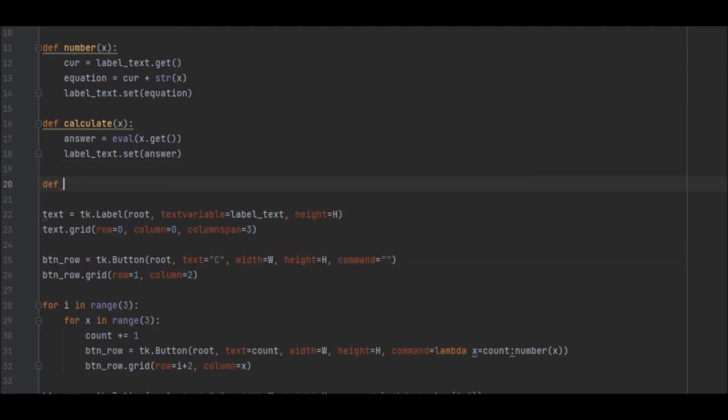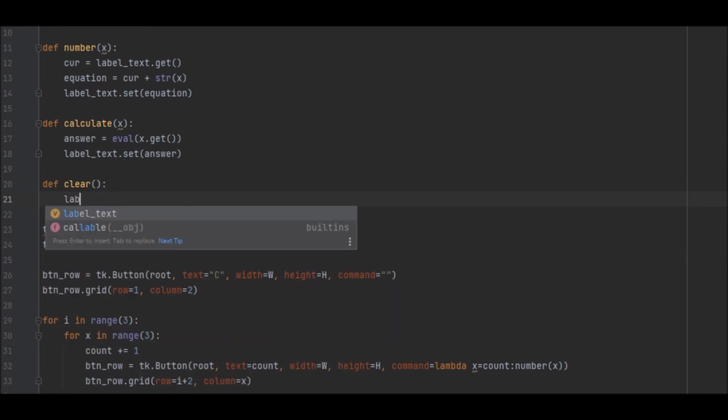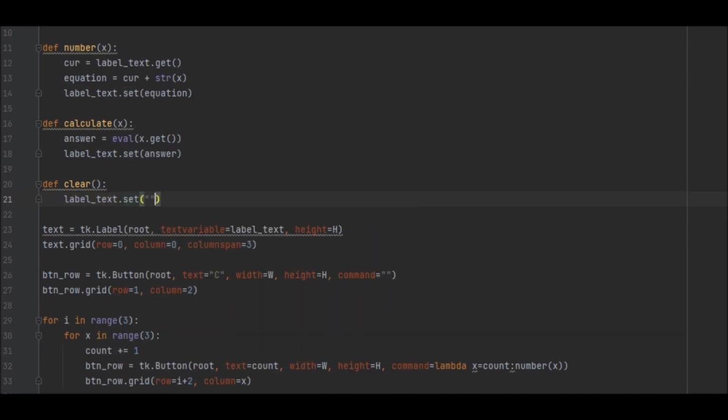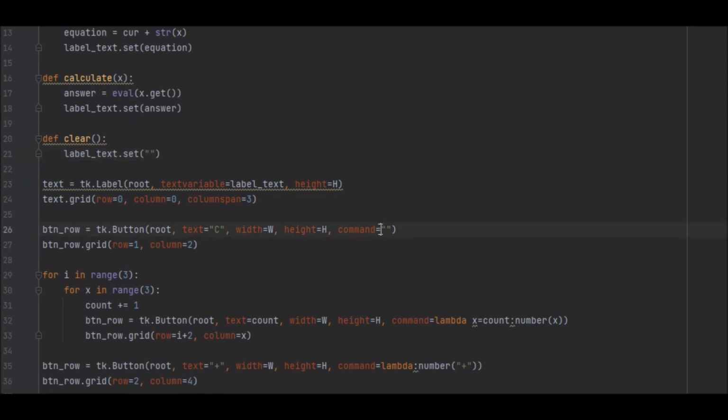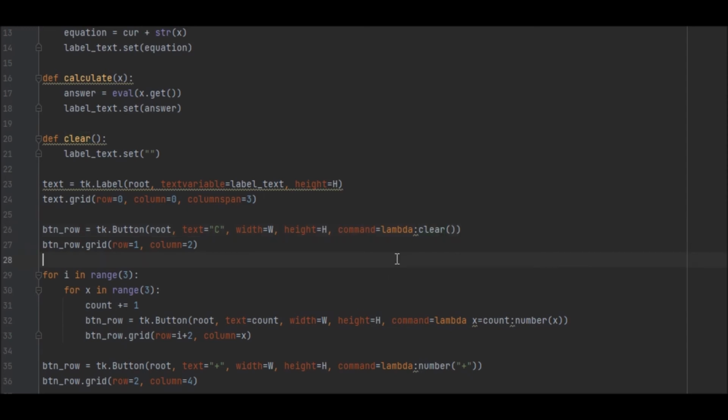so define clear. We don't need to pass anything into this. We just need to label text.set, and we want to set it to blank. So now when we go down to here, we want to call lambda, just so we can pass some variables at some point if we want to, and clear. Cool. So if we run this now, what we get, hopefully, if it works, there we go,